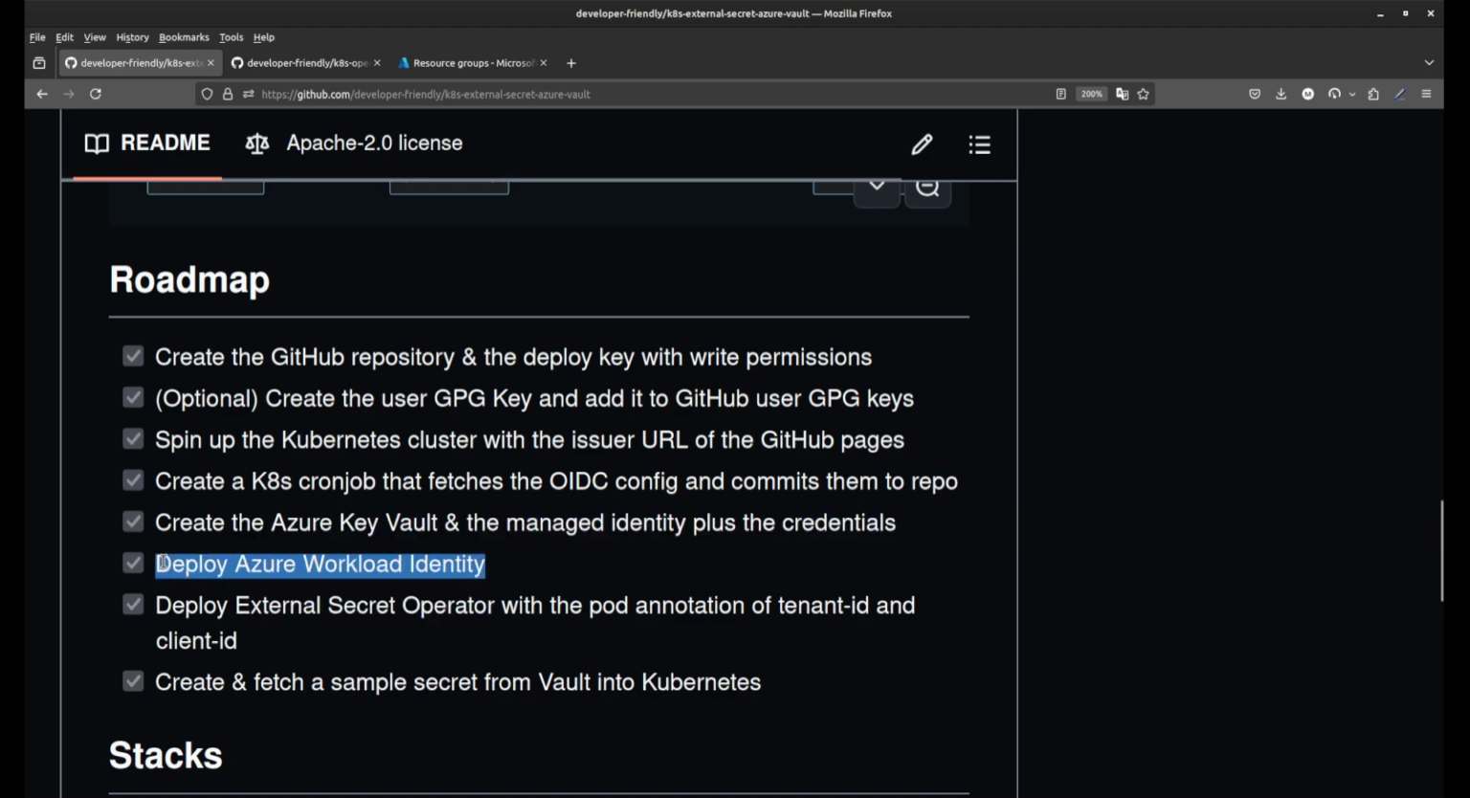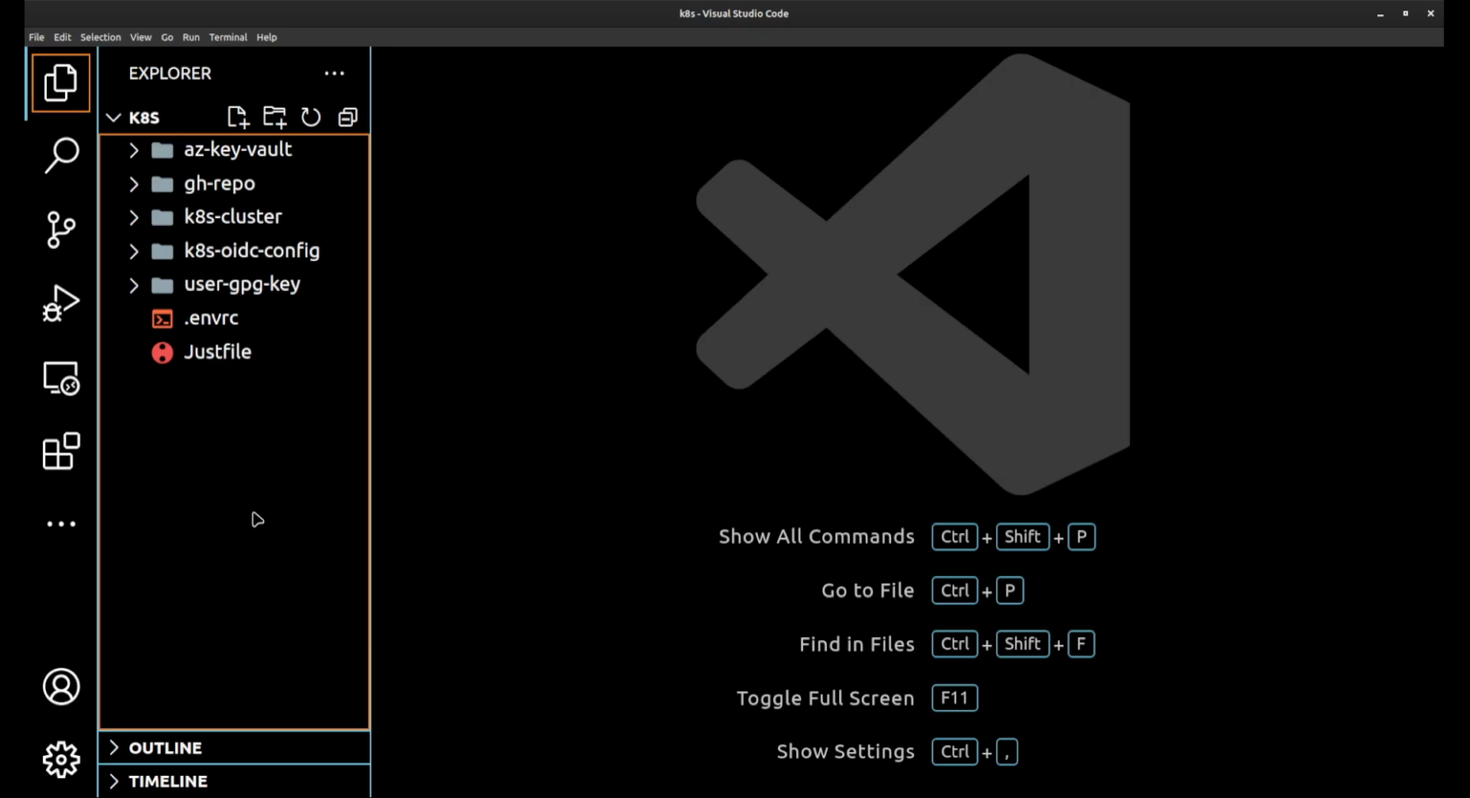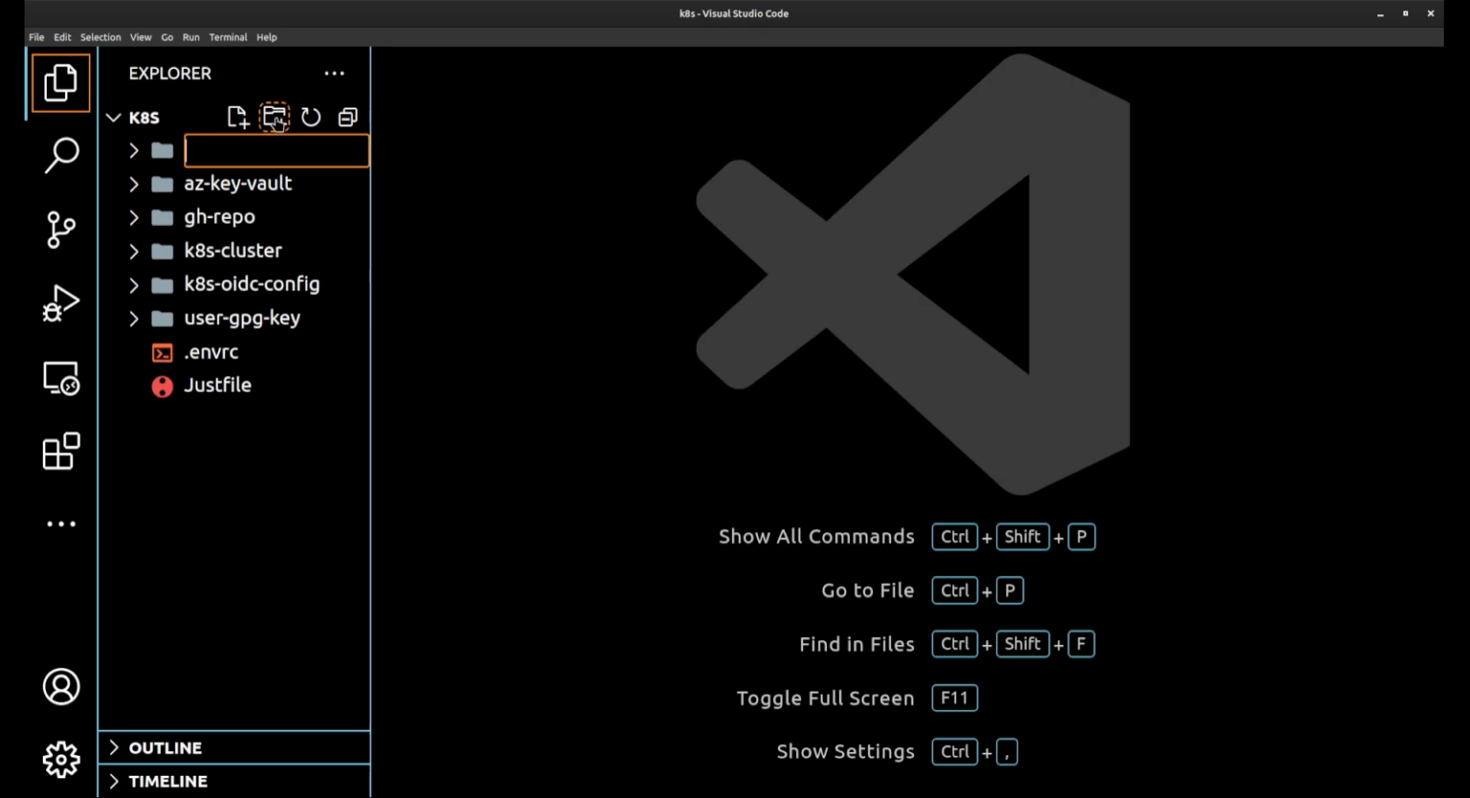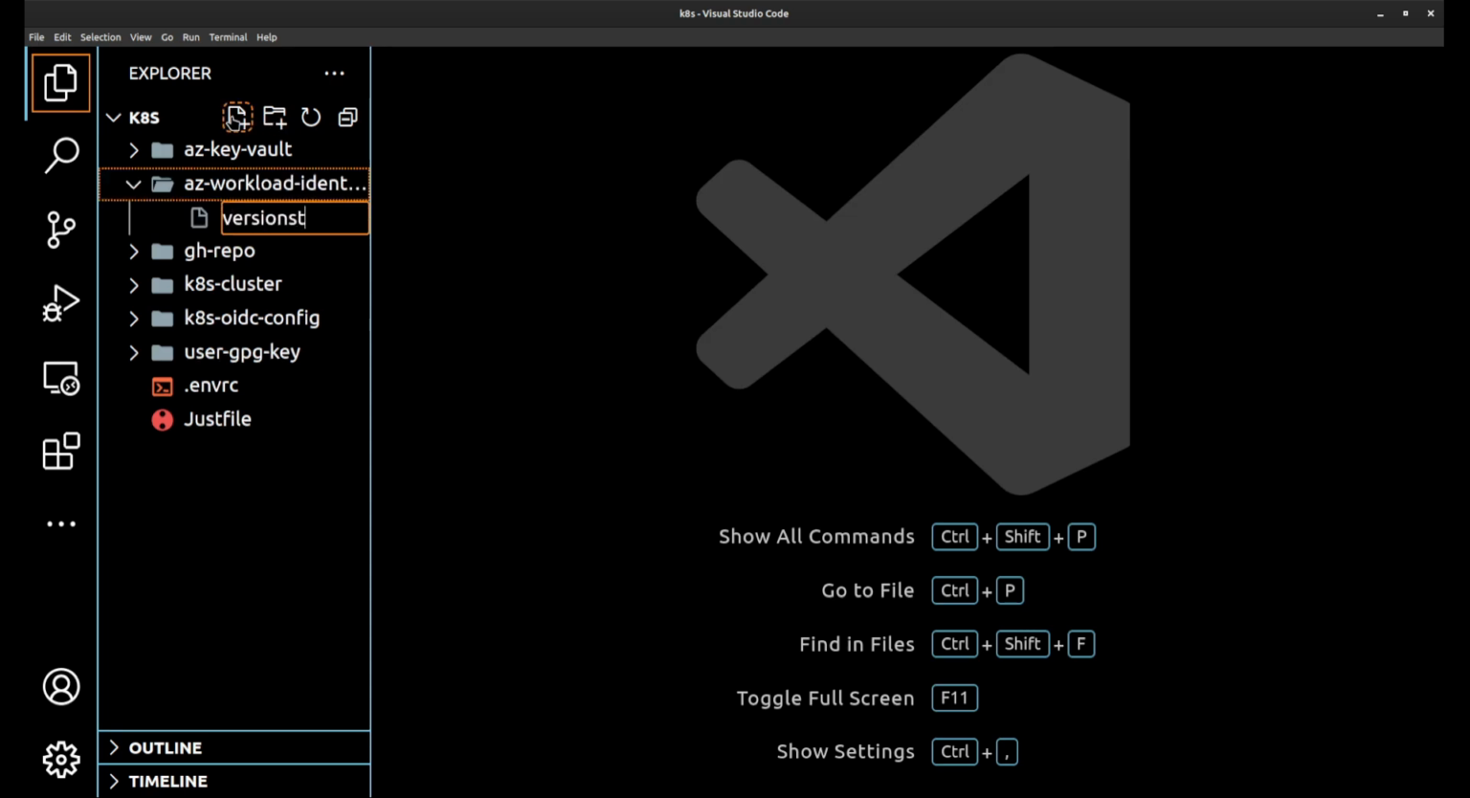We're going to go ahead and deploy the Azure Workload Identity. It's just a Helm installation as far as this goes. So let's go ahead and do that. Okay, back into the editor. This time I'm going to create another stack, and the name is going to be workload identity. I will require a versions.tf,